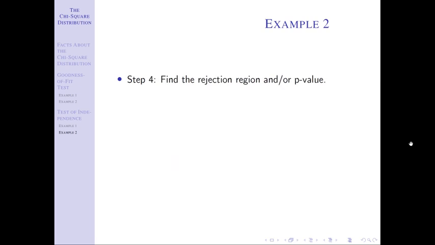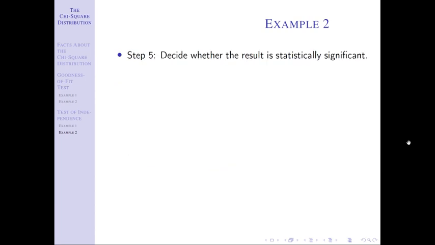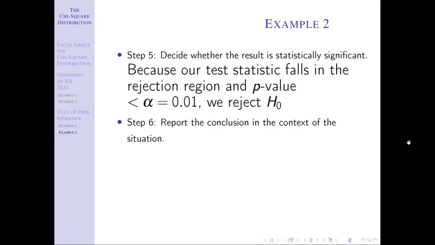Give me a slightly smaller rejection region, but our test statistic still falls inside of that, and our p-value we can use Excel to find. Also very small, but not quite 0. And so same idea, we are going to say that we can reject the null and conclude that the 2 variables, amount of prenatal care and the wantedness of pregnancy, are related.